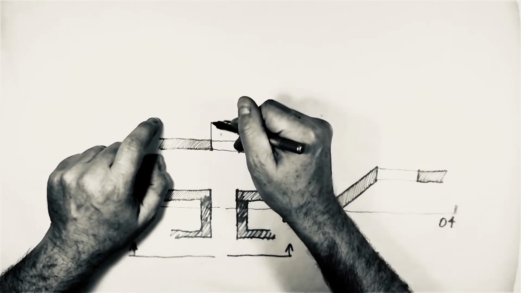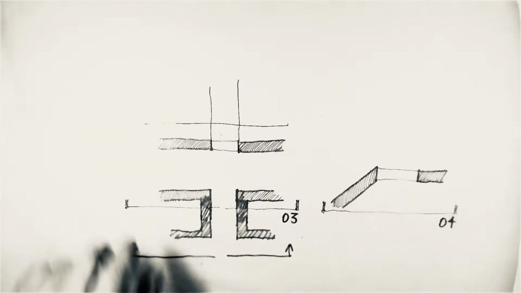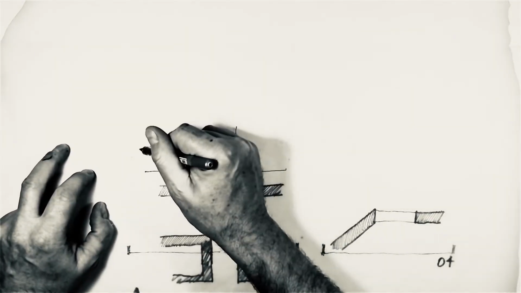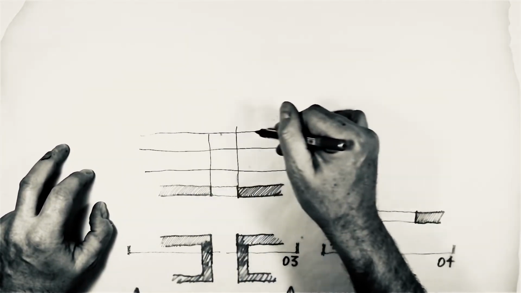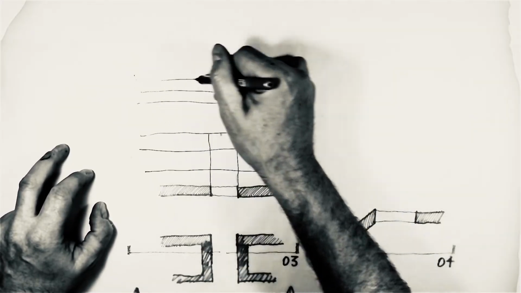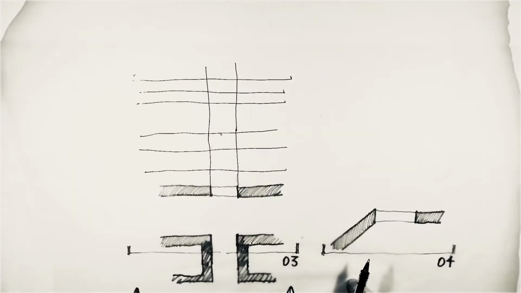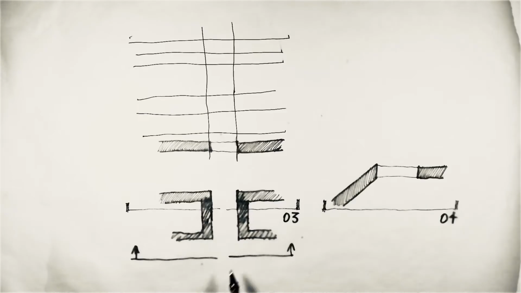Again, all these lines overlap, so that's good. I'm going to draw my ground. I'm going to draw my floor, I'm going to draw my sill, my header, my ceiling, and my roof, okay? I'm going to draw these up. And then because I'm out in space down here, really, and I'm looking up at this section, I'm going to